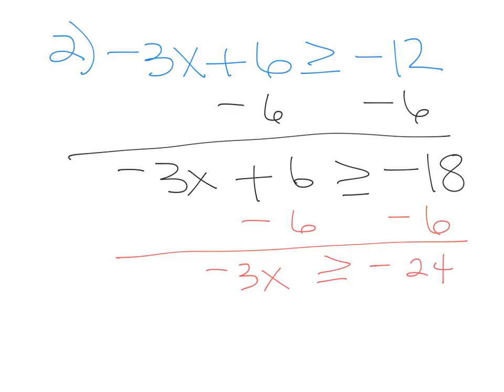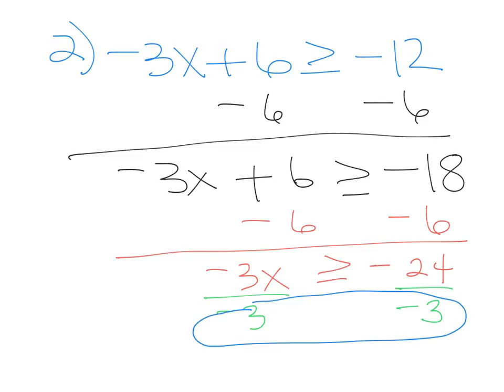And here's where this problem is going to be a little different. So we are going to divide both sides by negative 3. Now remember when we talked about yesterday that if you multiply or divide both sides of the inequality by a negative, you have to switch the sign? Well, if you notice, we just divided both sides by a negative 3, which means we actually have to flip the sign and make in our final answer